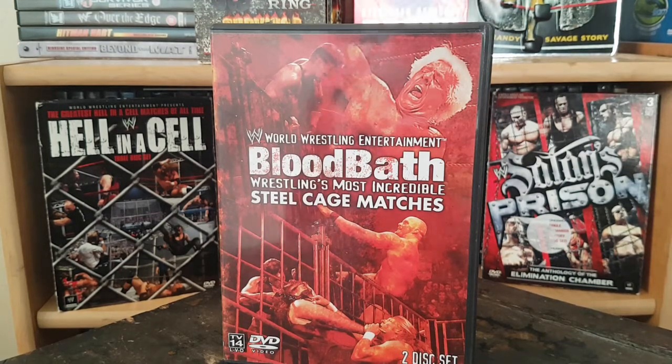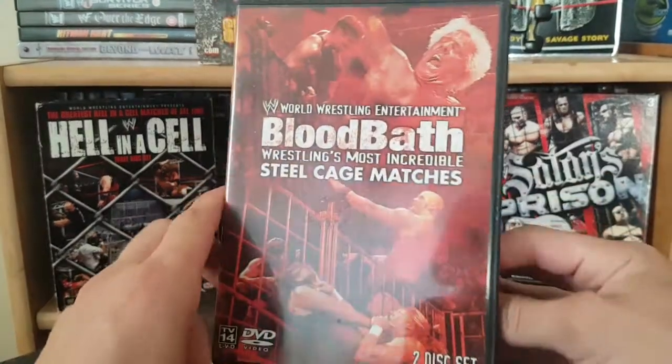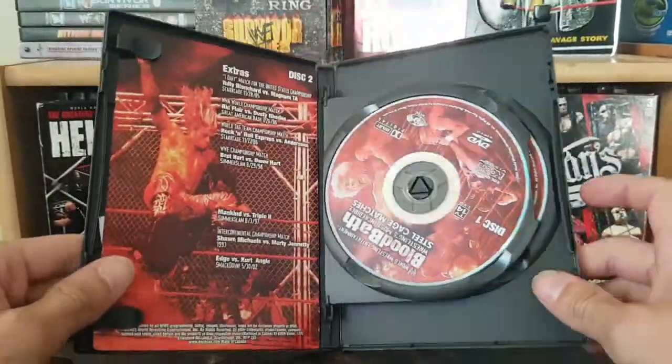Of course, the steel cage match was one of the first gimmick matches, along with no holds barred and rope matches. And then along came Hell in a Cell and War Games, Satan's Prison, the Elimination Chamber. Different styles of cage matches were created along the way throughout the history of wrestling. But I'll review those again eventually. I think I already did both of them, but...